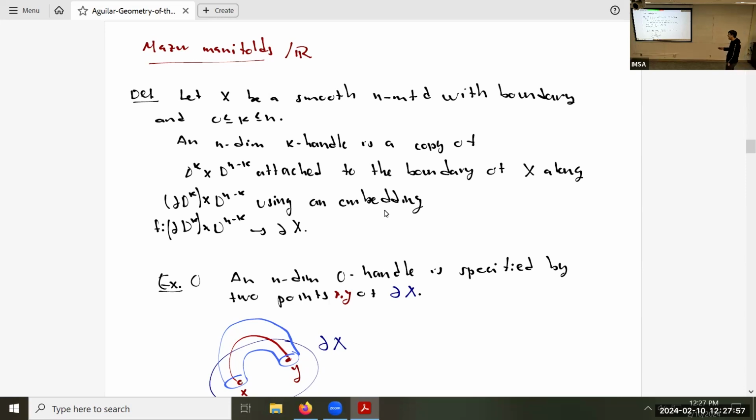And so an n-dimensional k-handle is a copy of this product of disks, D^k times D^(n-k), attached to the boundary of X along the boundary of the first part times the second, and we use an embedding of